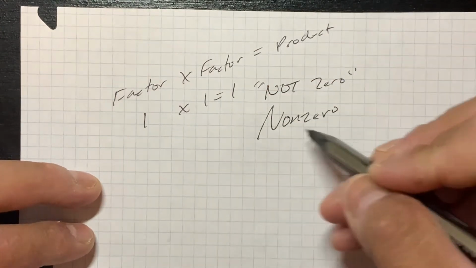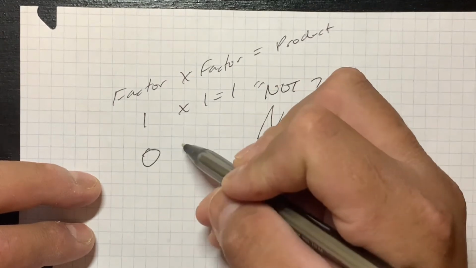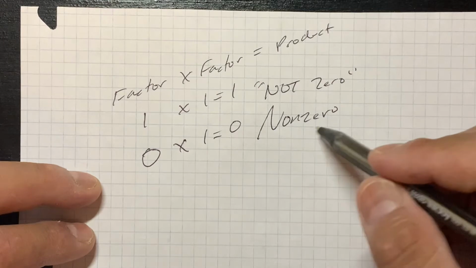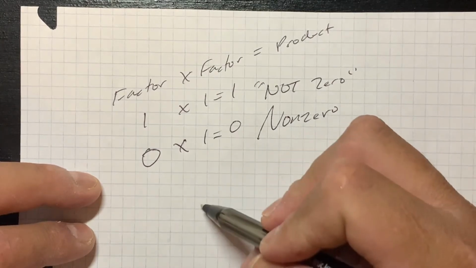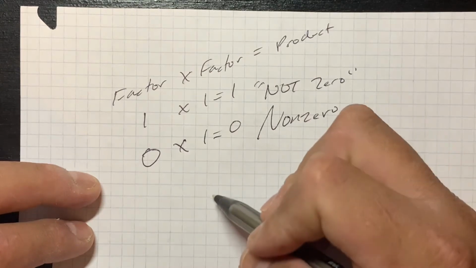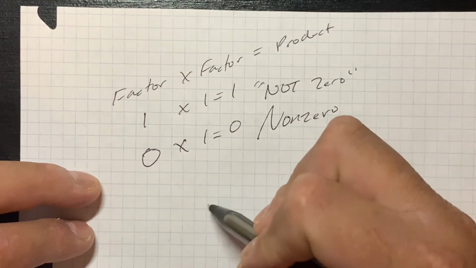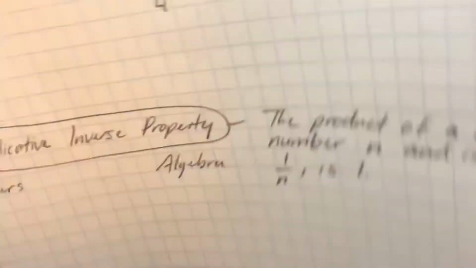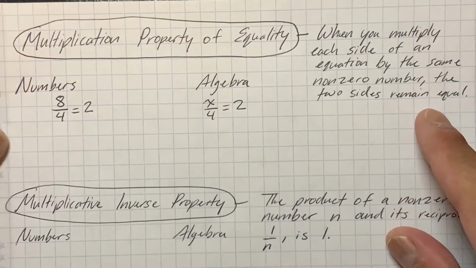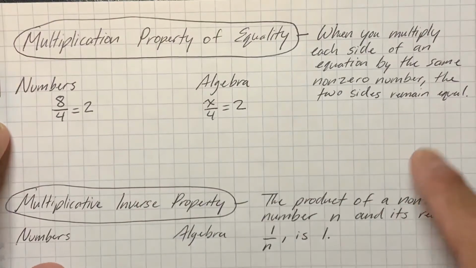But if I have a 0 as a factor times a 1, then that would be 0. So when I say non-zero number, I'm talking about numbers. It could be counting numbers, rational numbers, irrational numbers, as long as they're not 0. It's basically what we're saying here. It has to be a non-zero number that we put on both sides of the equation